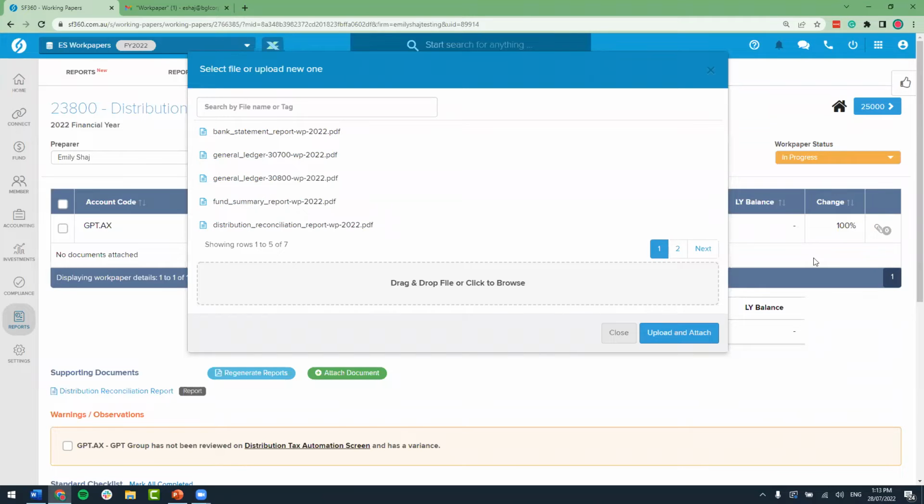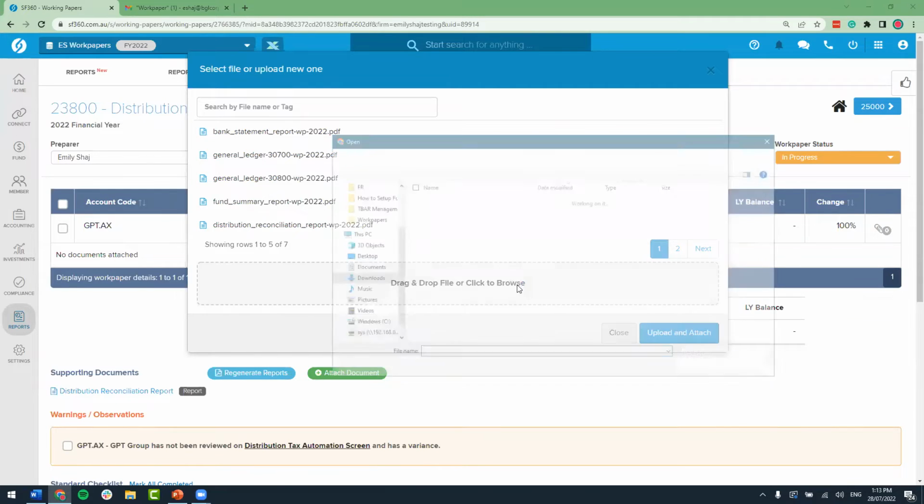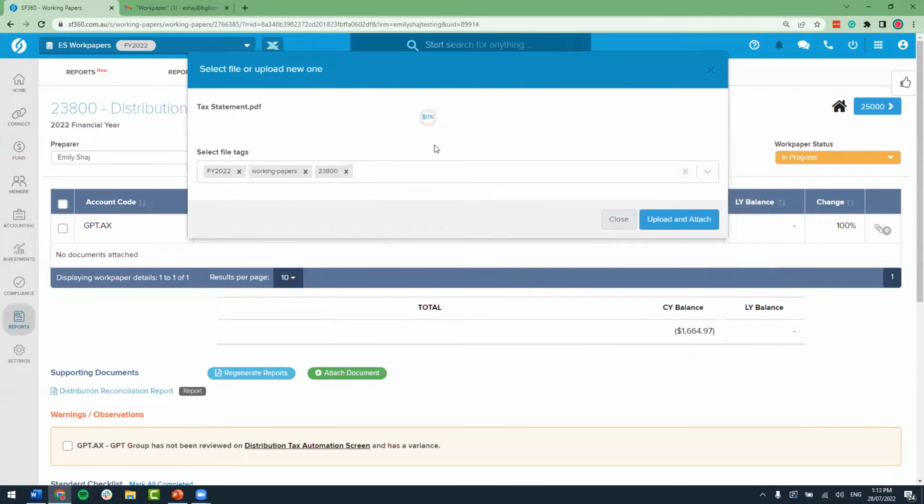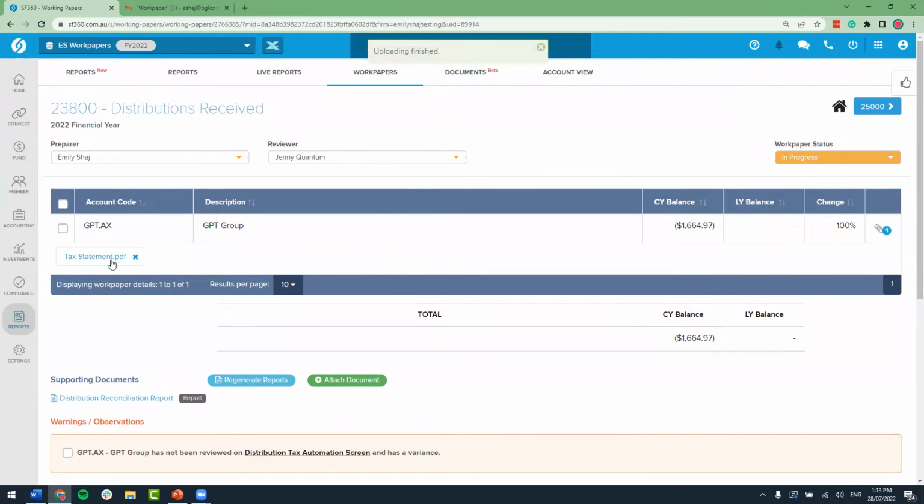Now I'm just going to go ahead and click to browse to locate that particular document, which is sitting in my downloads folder. And I can double click. And we don't have to wait for it to turn to 100%. We might be here for a while. So I'm just going to go ahead and click on upload and attach. And there it is. So it's sitting against my sub-account. All right. And this document that I have uploaded will automatically be attached in the document screen against this